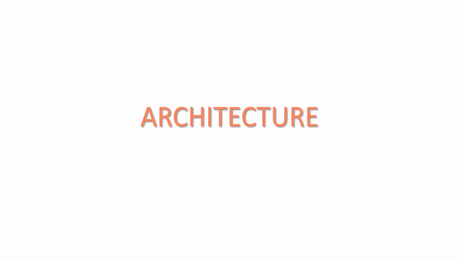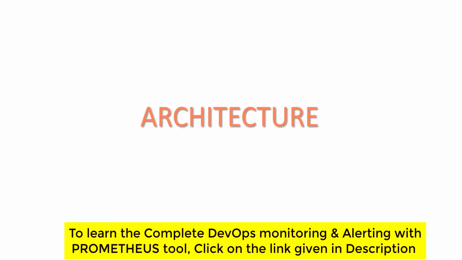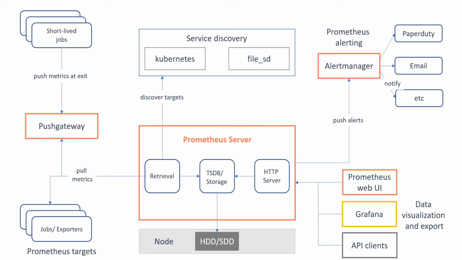Welcome guys to this lecture where we will discuss the architecture of Prometheus and see its various components, and how, when they fuse together, they make for more effective monitoring and alerting of systems than any other tool out there. Okay, so this is a depictive diagram of Prometheus architecture, having components like Prometheus server, alert manager, its web UI and all. Now we will discuss all of these steps one by one.